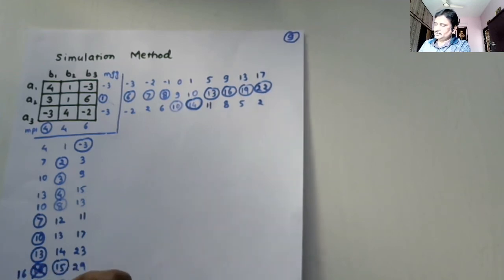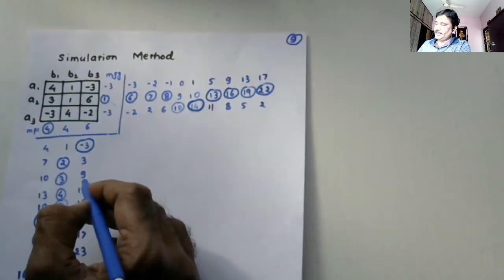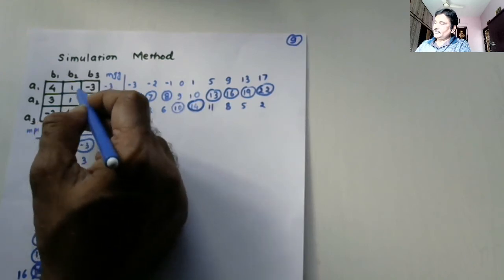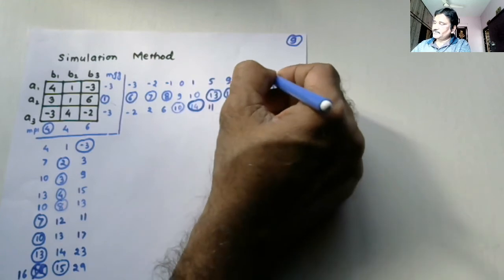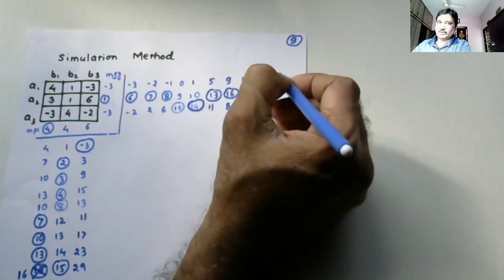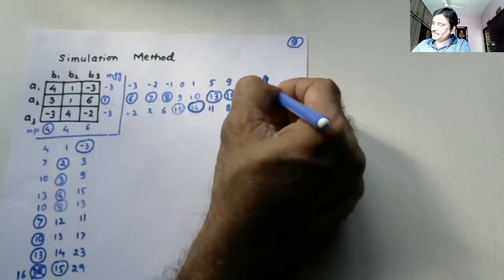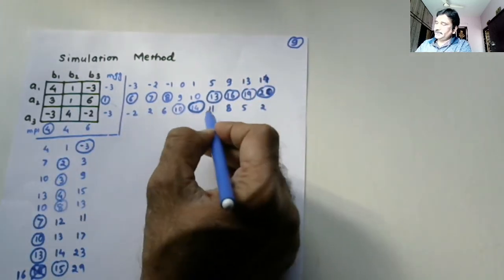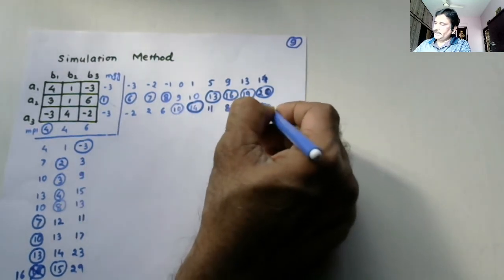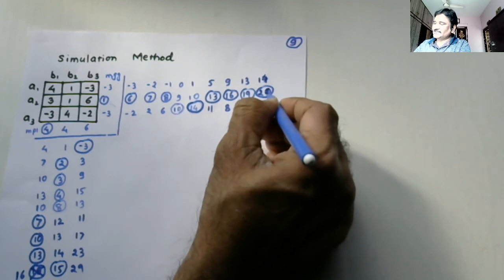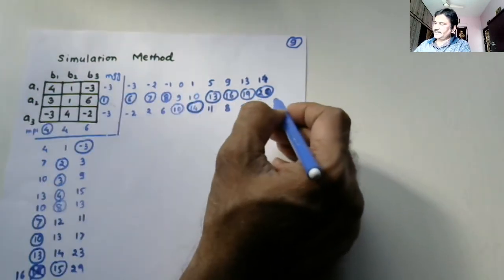15 was to be selected, meaning course of action B2 was to be selected, and by doing that 13 would have been 14. 13 plus 1 would have been 14. All right, then 19 plus 1 would have been 20, and then 5 plus 4 would be 9. So still this is our selection. 20 is our selection, meaning A2 is still selected.